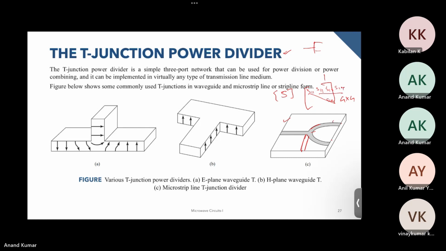So depending upon how much power, for example, if you want them to be equal, then these S12, S13, S14 terms will be equal. And for example, this is 1, this is 2, this is 3, and this is 4. If you want 2 and 4 to be isolated, then S24 should be equal to 0. If you want 3 and 4 to be isolated, S34 should be equal to 0. So this way you have to